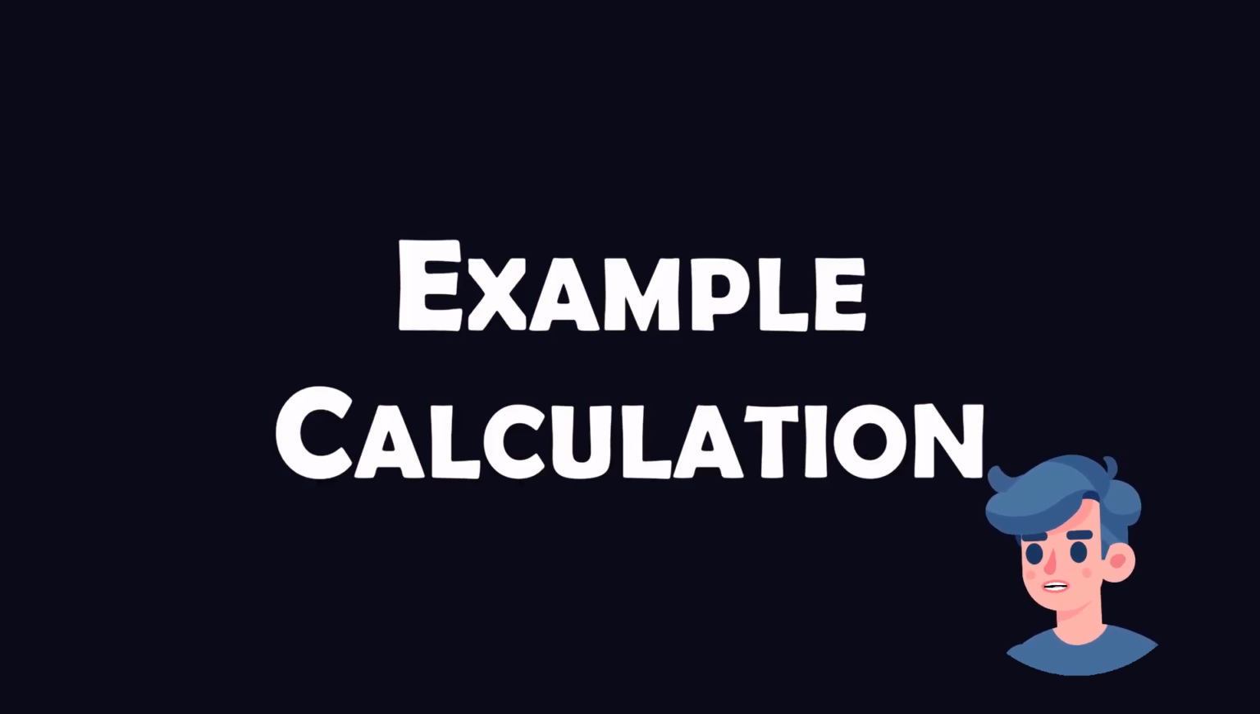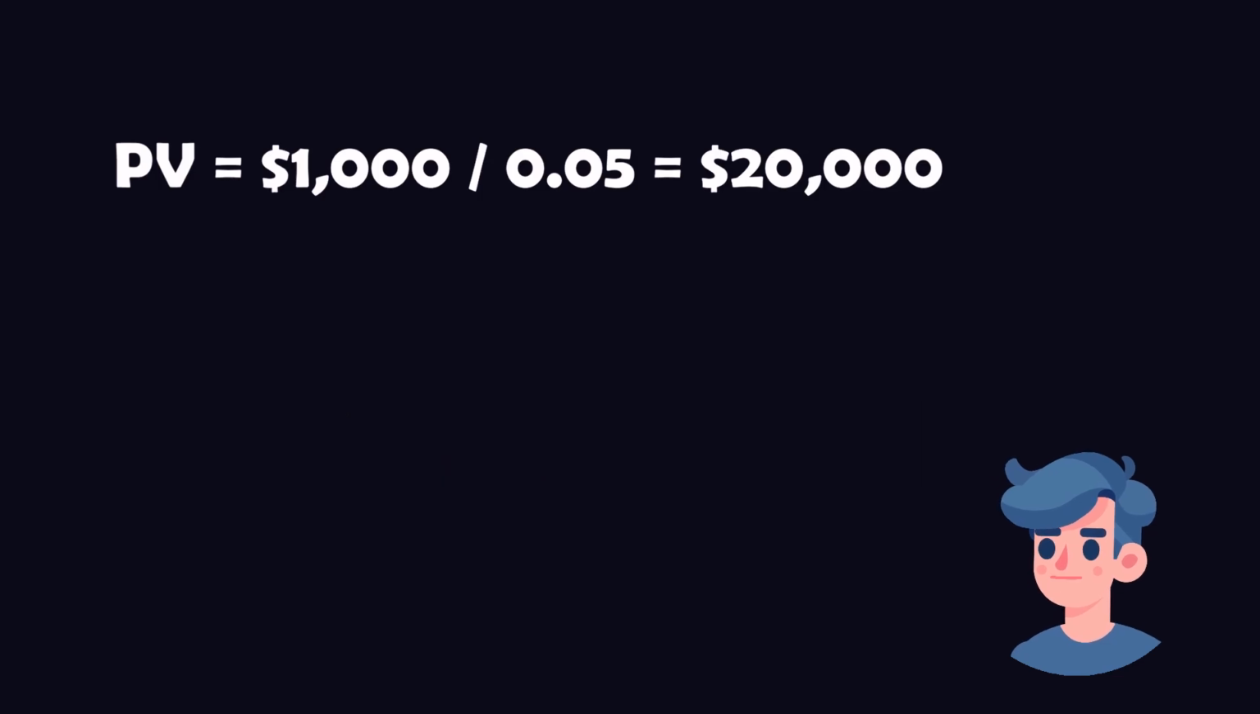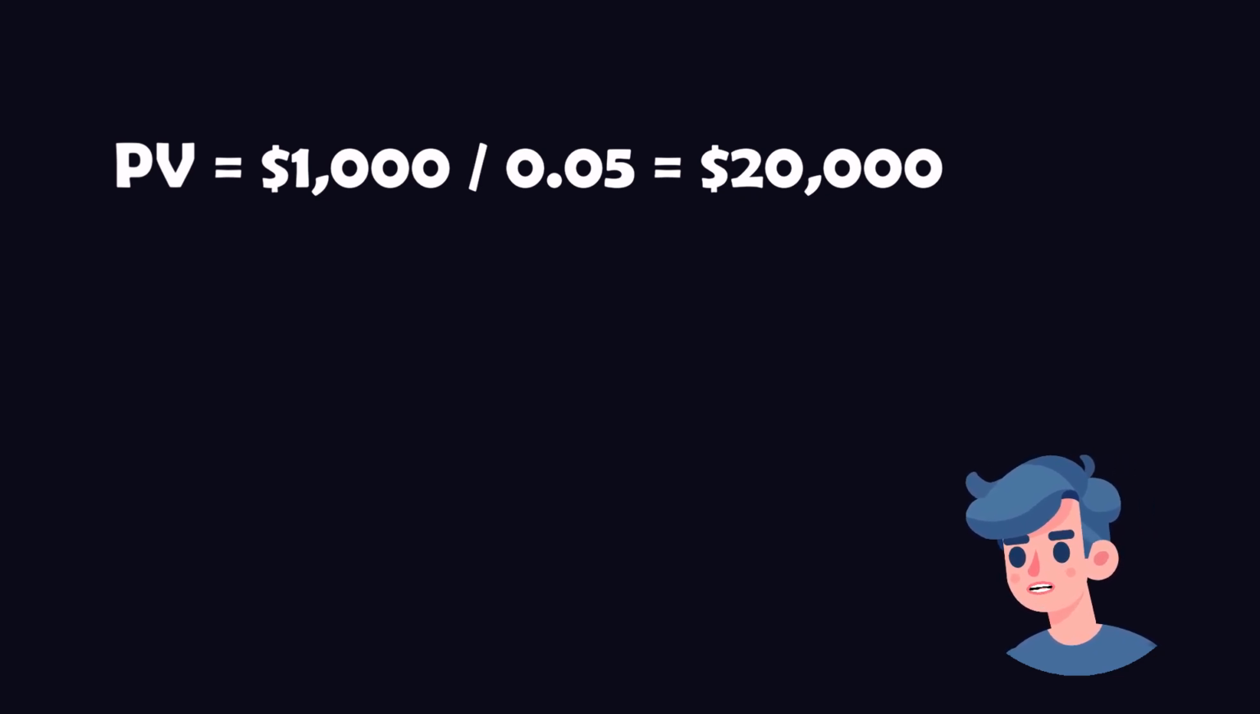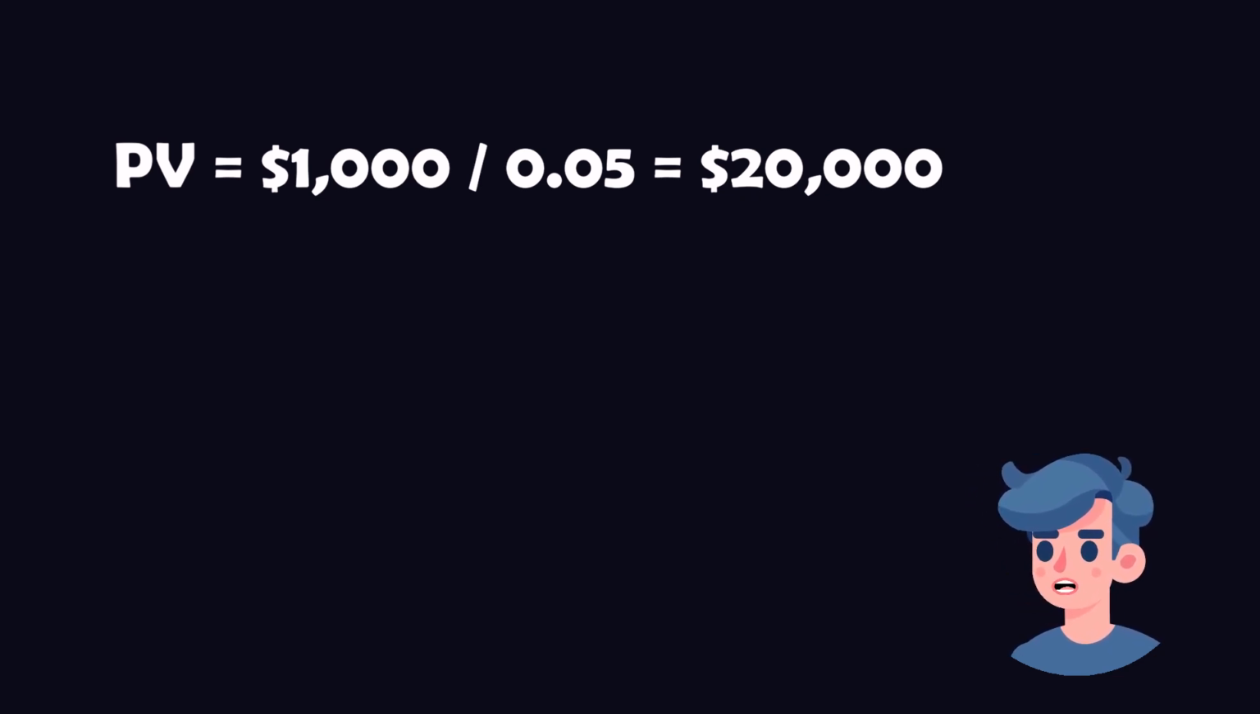Imagine you are receiving $1,000 each year indefinitely, and the discount rate is 5%. The present value of this perpetuity would be calculated as follows. PV equals $1,000 / 0.05, which equals $20,000. This suggests that receiving $1,000 annually forever is equivalent to having a lump sum of $20,000 today, given a 5%